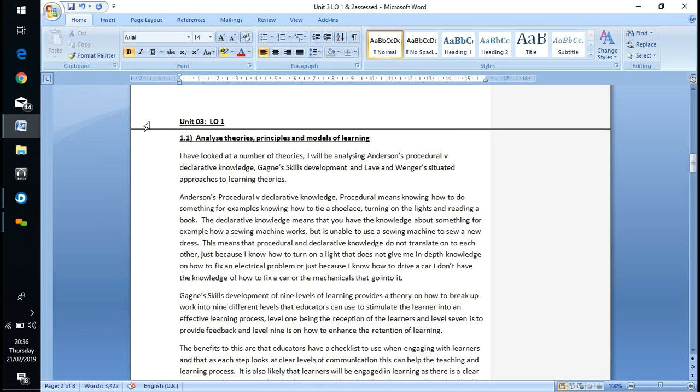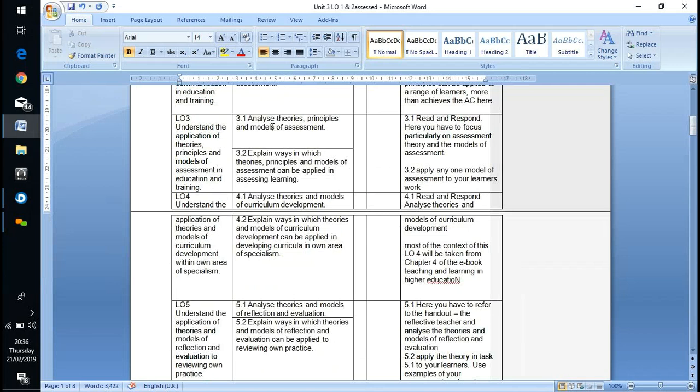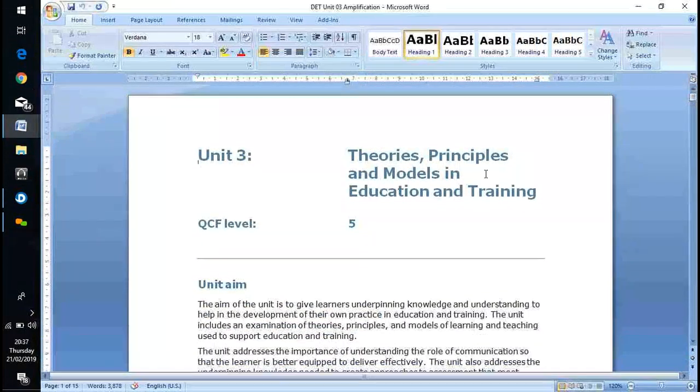So we will look at 3.1. Every part of this unit now, that's LOs 3, 4 and 5, has only 2 assessment criteria for each one. That's good, a lot shorter. And the point is, it's set up exactly the same way. Analyse theories, principles and models of assessment. Analyse theories and models of curriculum development. Analyse theories and models of reflection and evaluation. Now, if we go back to the other page, this one,